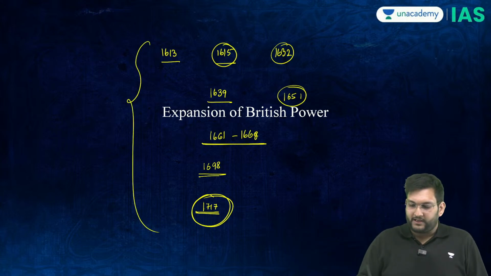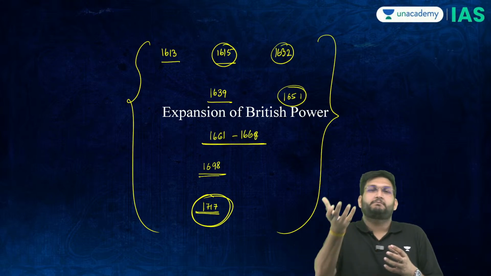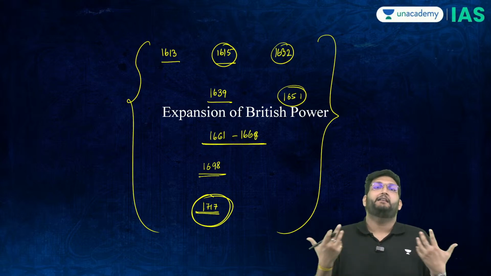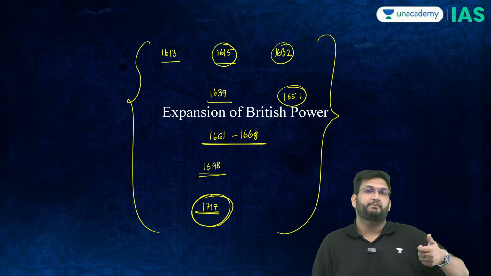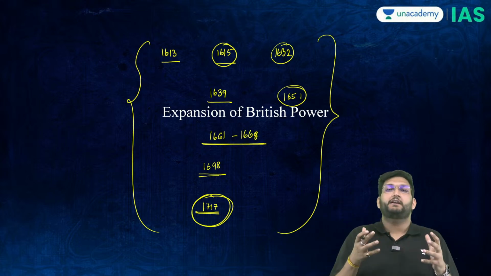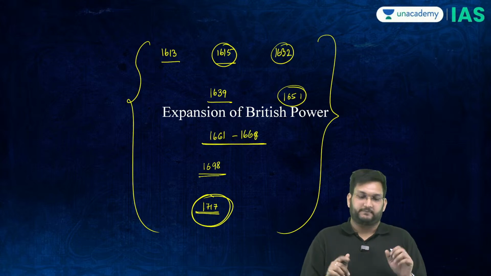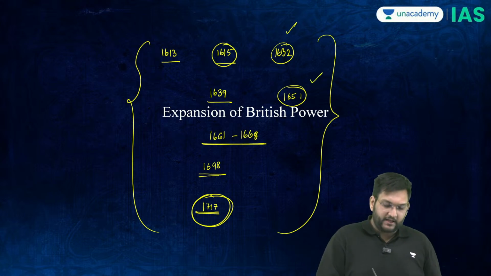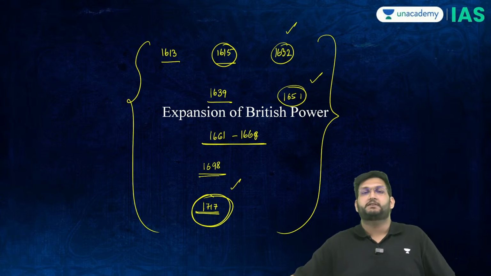Here what we call is the imperialistic mode, in which it is trying to take out as many concessions as possible based on the idea that they used to act like helpless traders. This is where the British, because they were a private enterprise, the British East India Company, used this opportunity quite well to argue that you give us more trade, we will bring in more revenue for you. But in every sector, they misused their farmans, be it the Golden Farman, the Bengal Farman, or the Farrukhsiyar Farman. We will come to this, but what I want to establish in front of you right now